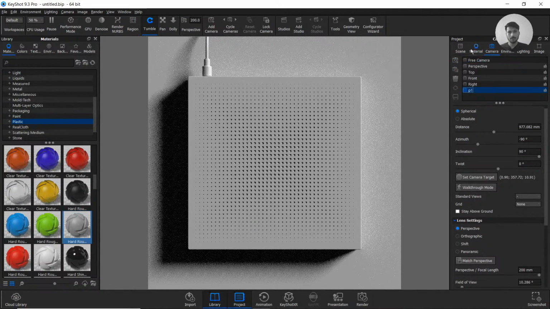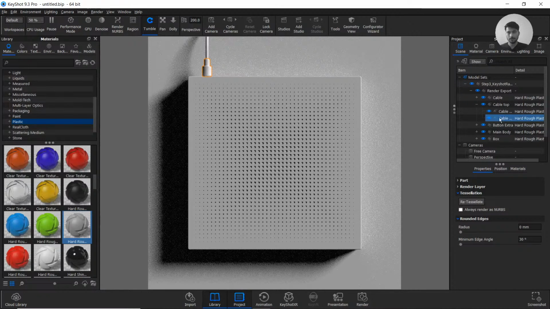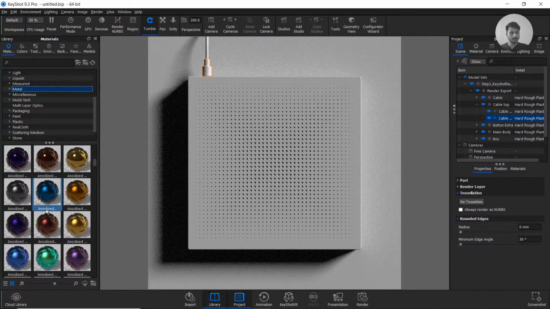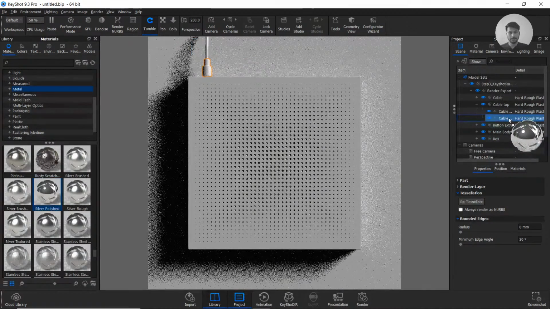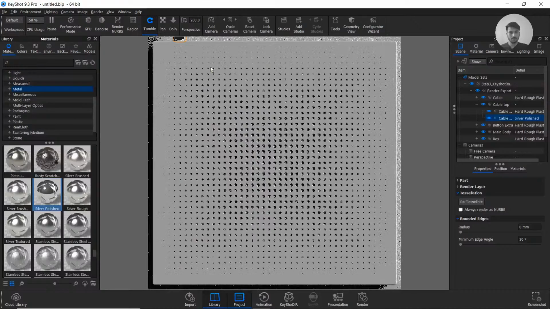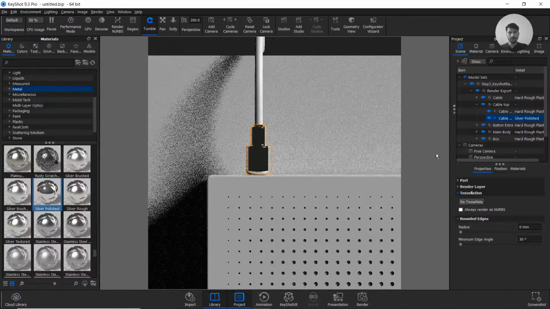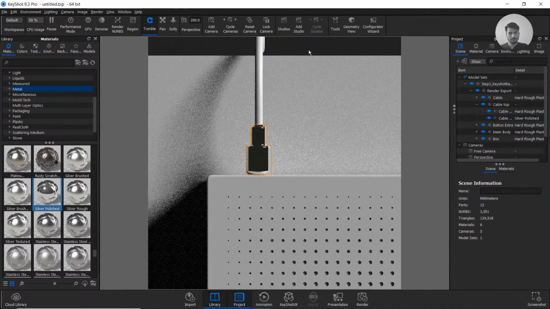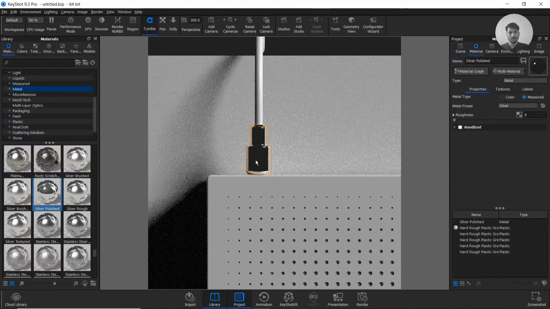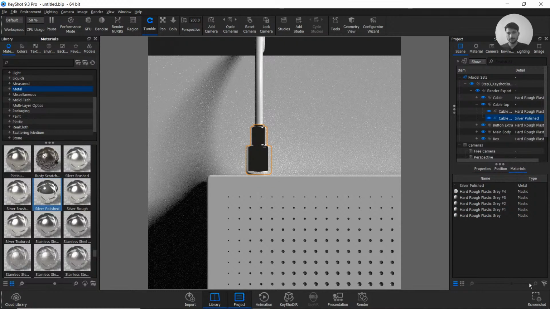So for example, we have the cable, okay, this part, where we can apply a metallic material. So let's go to metal, let's go to stainless steel, polished, and we apply it to that layer, okay? And you can get closer to that geometry to fine-tune it. So in order to edit this material, because we are applying a default material, you can double-click the geometry, or you can go to materials, and here you can see